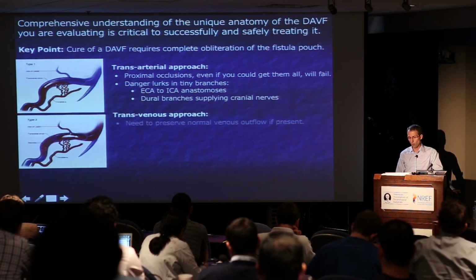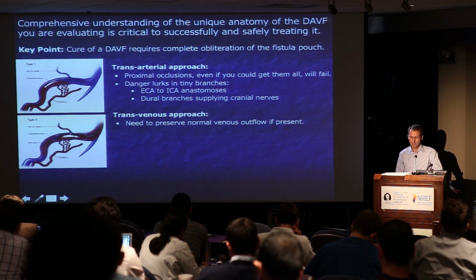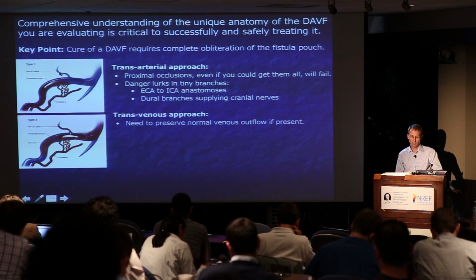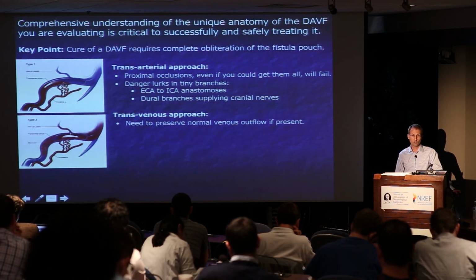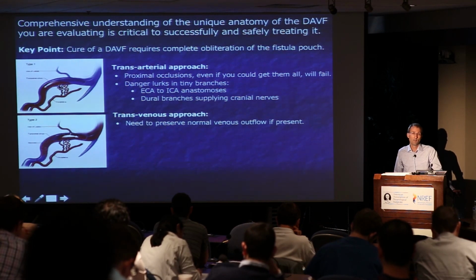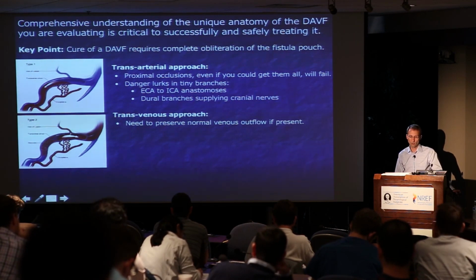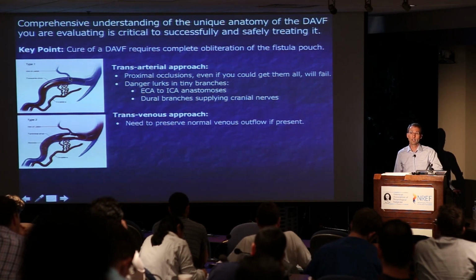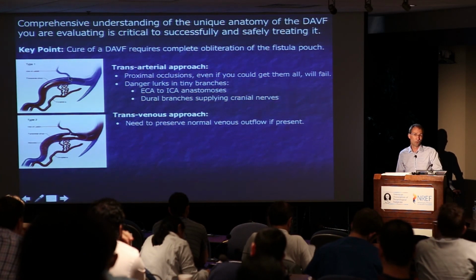But one important point, as we'll come to again and again, is that we know in this scenario, the normal brain, the vena labbe, the superior sagittal sinus, continues to use this outflow for normal venous drainage. And so if you go in and occlude the fistula, you may occlude the fistula, but now you're going to be rerouting normal outflow of the brain. And you may get away with it, but you may not. And so my general rule is that if there is normal venous outflow already present, we need to try to